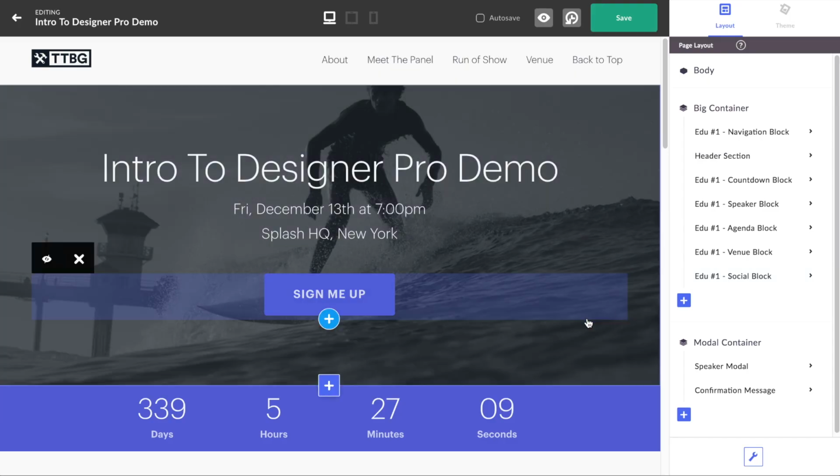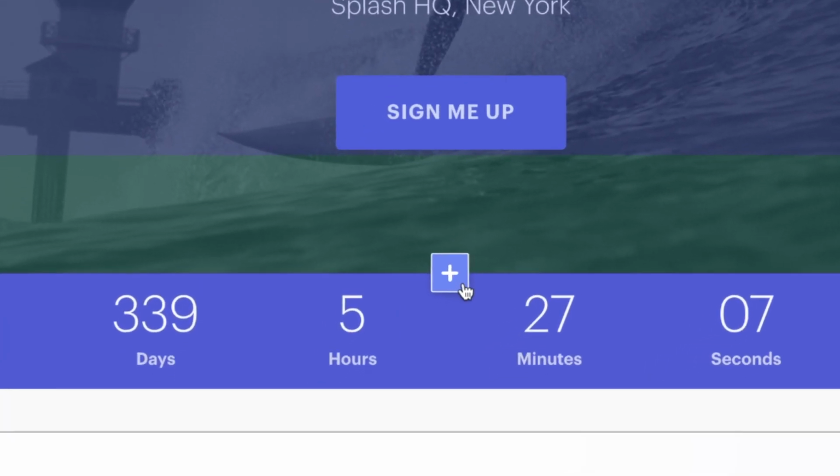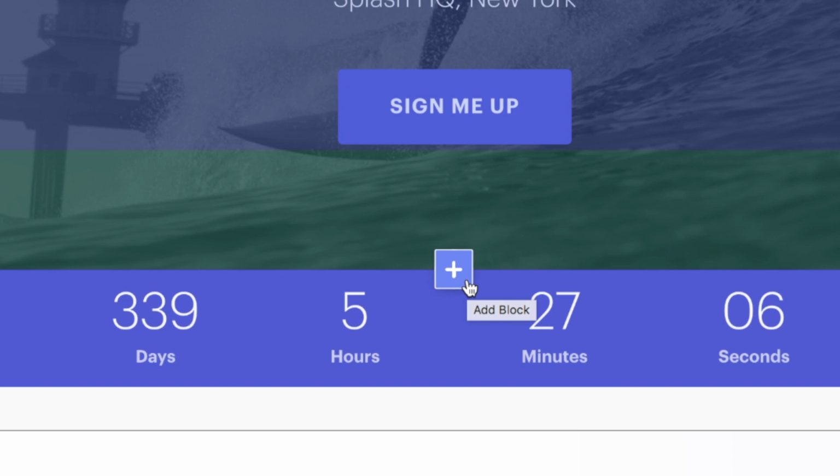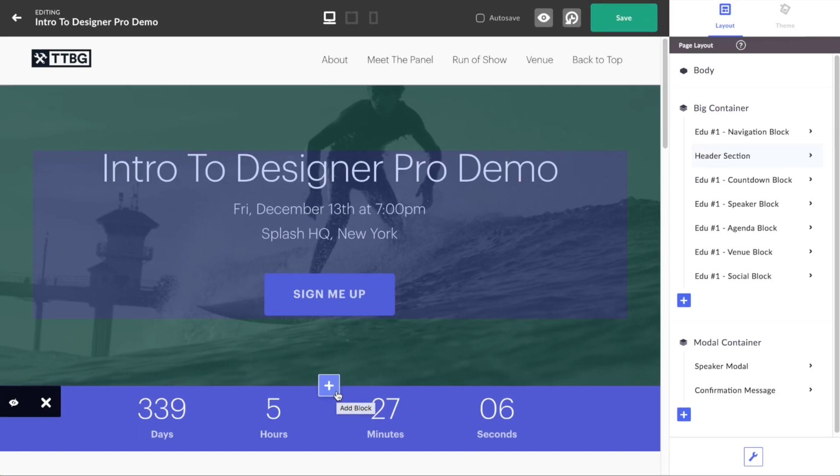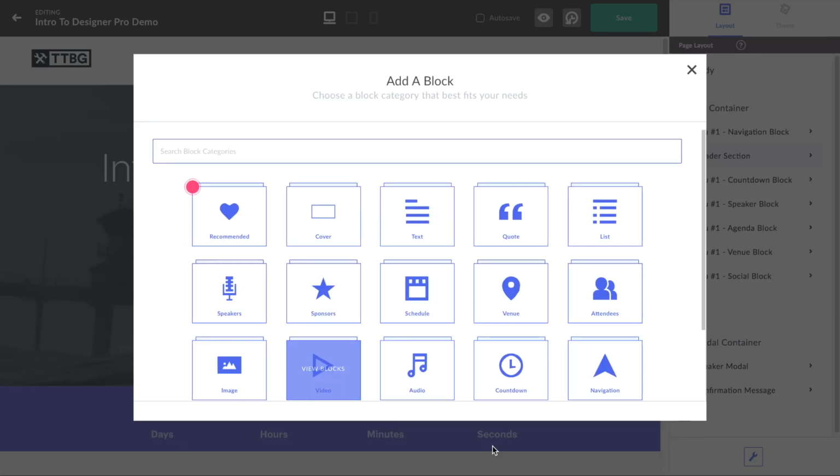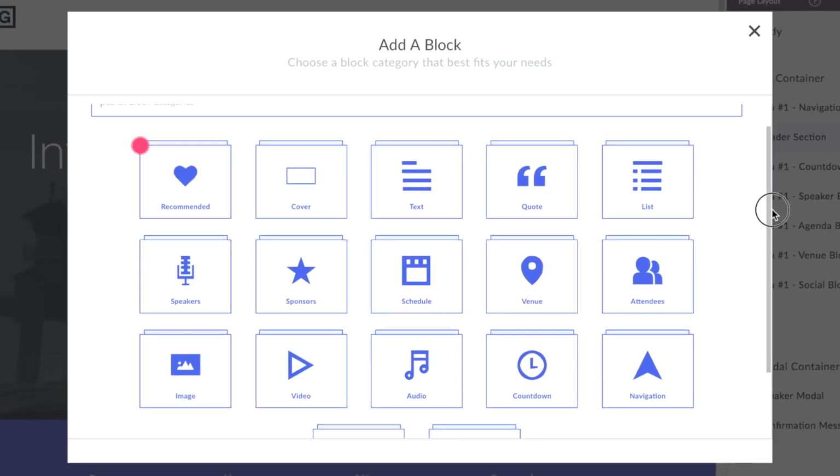A faster solution to pinpointing the exact location you prefer to add a block is to hover your mouse in between two blocks you want the new block to be added to. When you do this, the same Add Block purple plus sign will appear, allowing you to click on it right from there. Once the block library is launched, you'll find that we have an amazing array of categories and layouts